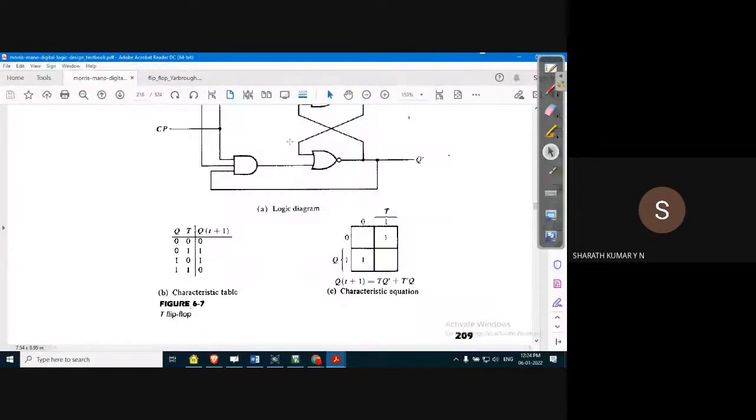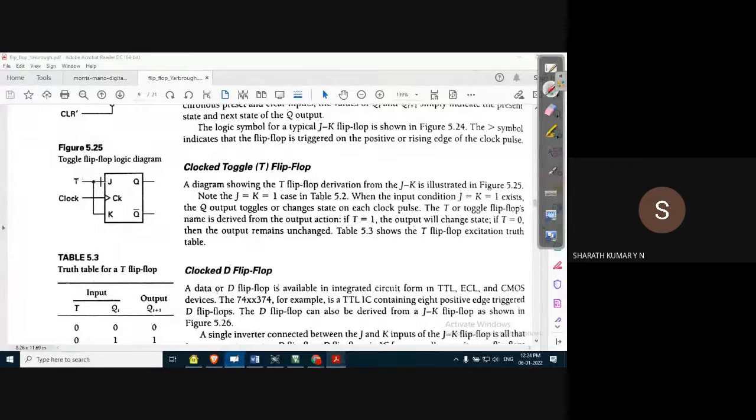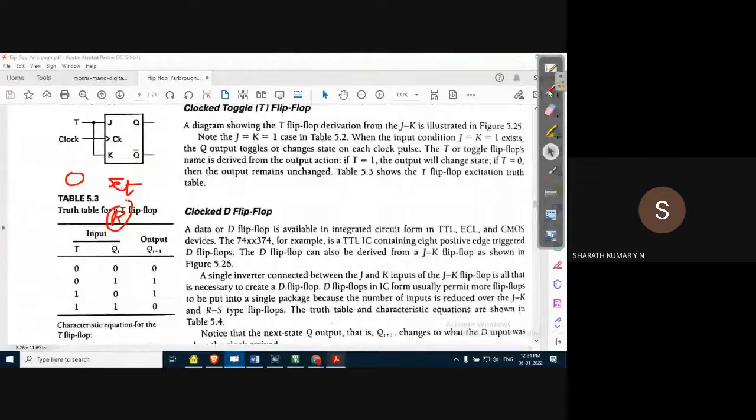JK flip-flop, of course, no doubt. In this case, both J and K are shorted, that is, both inputs are tied together, where J corresponds to the set input and K corresponds to the reset input. So J and K shorted are given as input T. The output will be something like this. If the T input is 0 and the present output is 0, it will retain the same state. If the present state is 1, it will retain the same state. Very simple. Whereas if the T input is 1 and the present state is 0, it will toggle to 1, and if